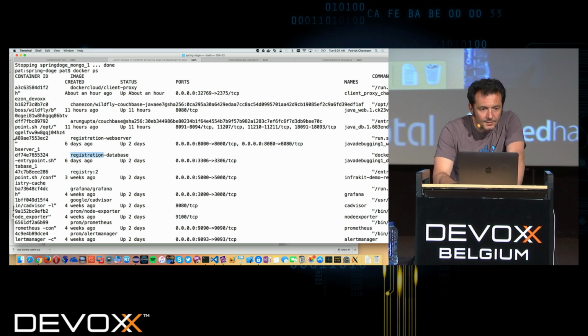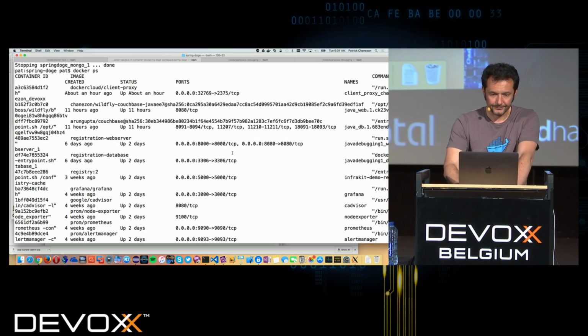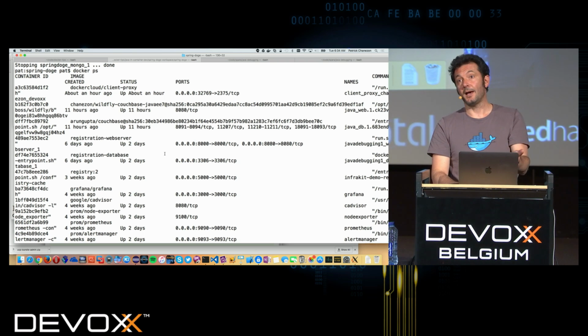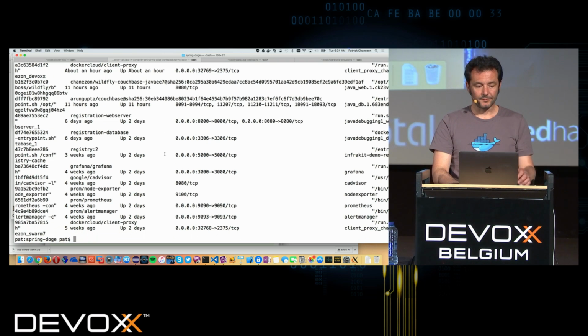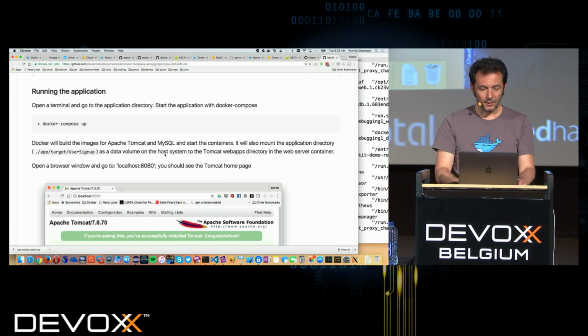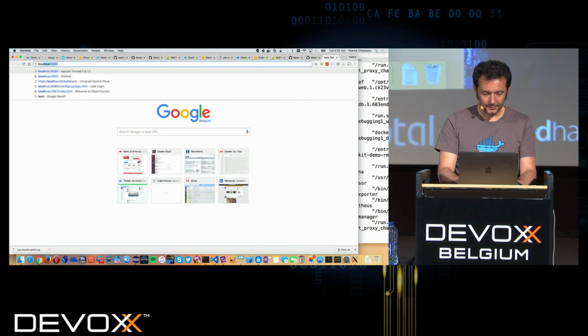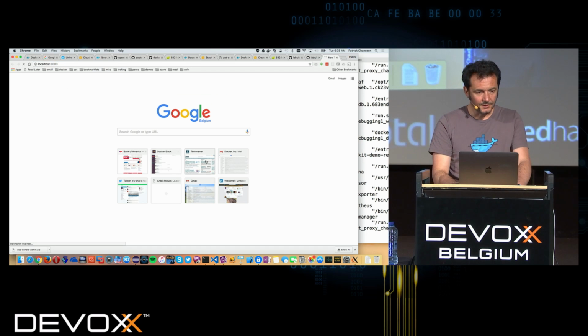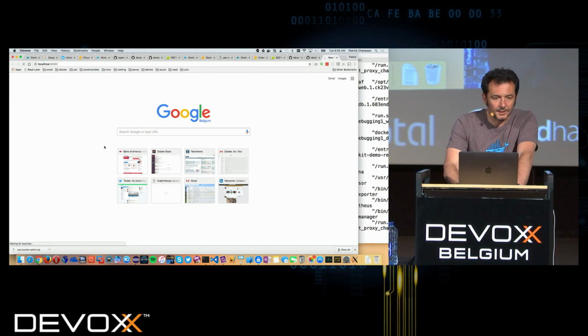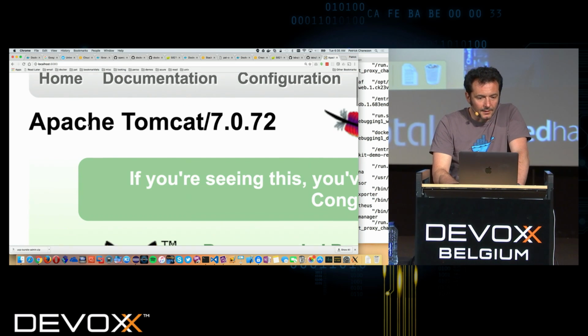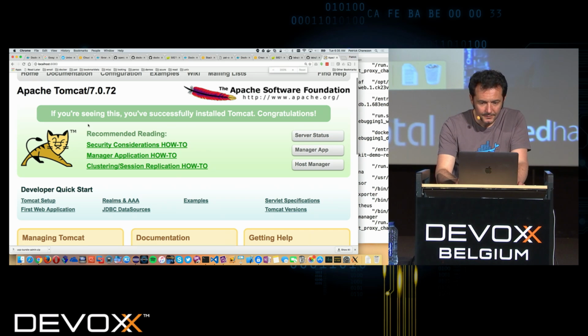You can see that my registration web server maps port 8000 to 8000 and 8080 to 8080. That was actually the app that was taking the port before. So if I go to localhost on port 8080, I should be able to see the Tomcat page. All right, that works.